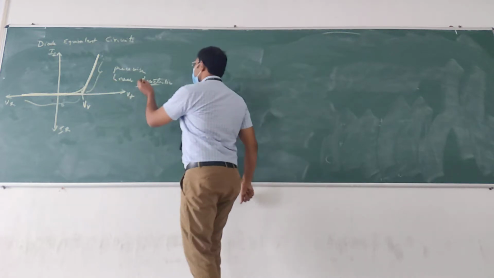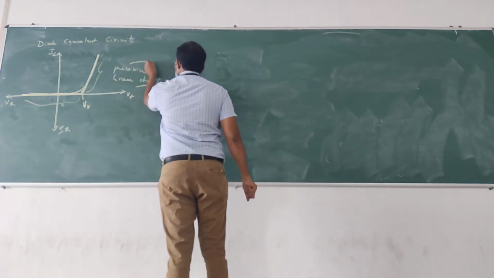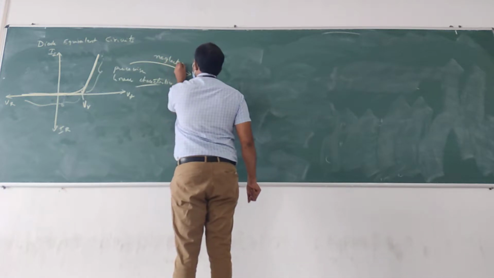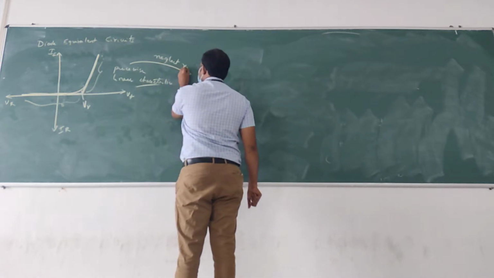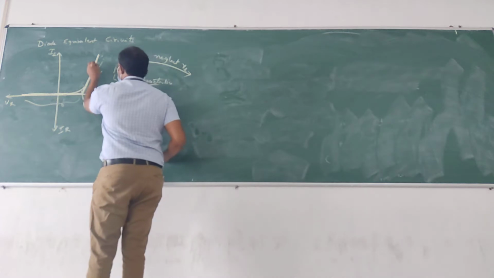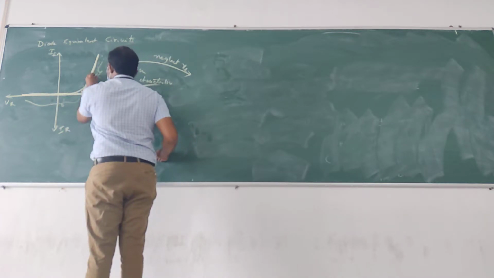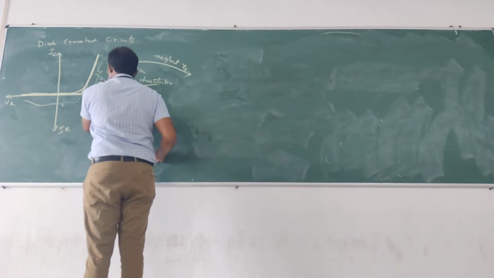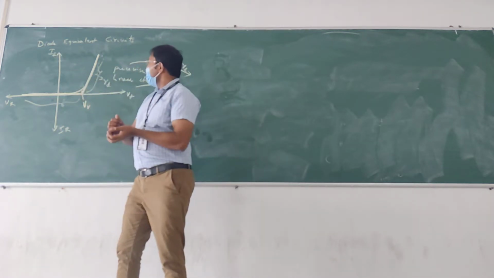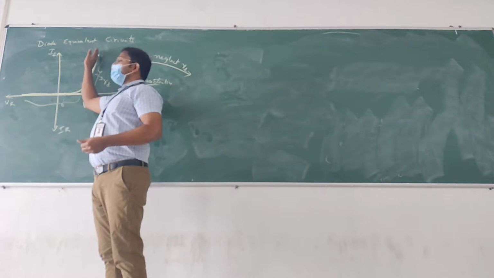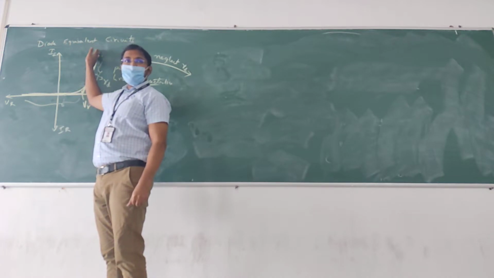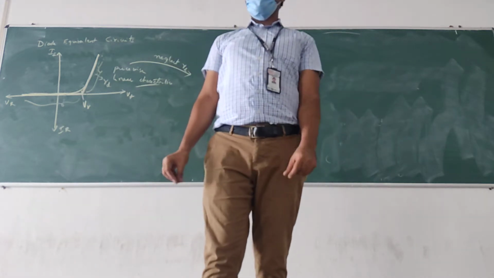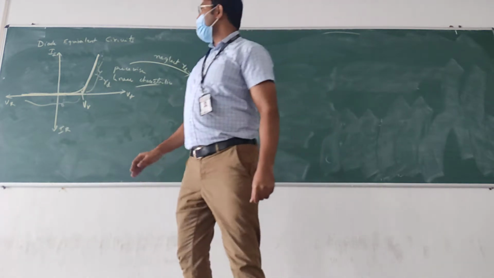But to make it further easy for you, let us do a few more approximations. First approximation we will do is neglect this diode forward resistance. Yesterday we discussed there is a resistance RD. You remember? Why we have this slope? Because of the diode resistance. We have discussed this in the previous class.